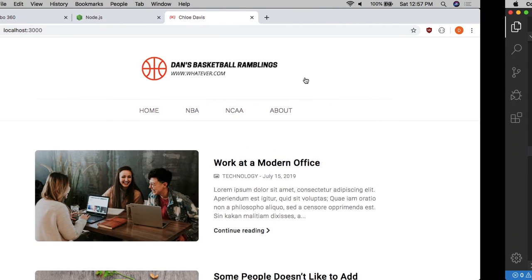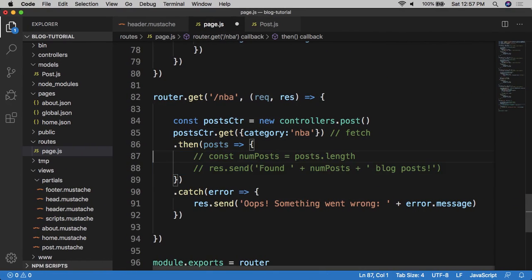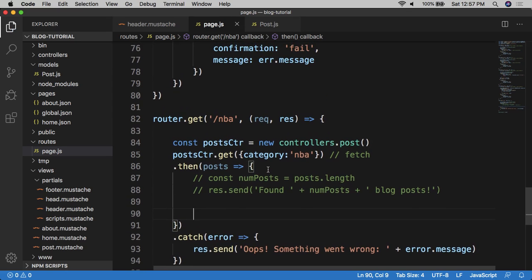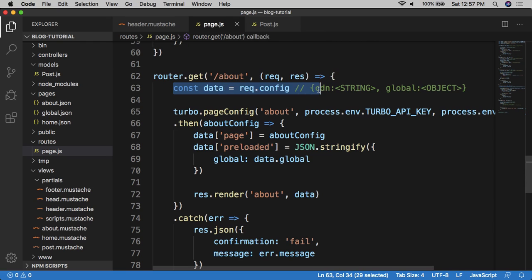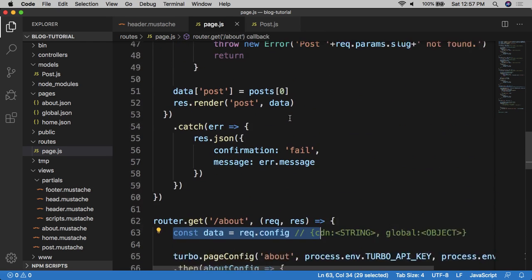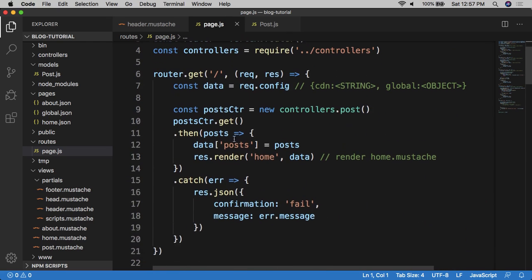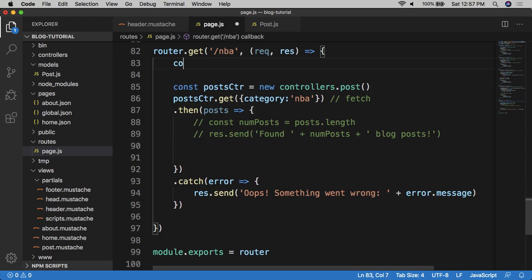So far, so good. I have to grab the data object, and you'll see that I'm doing that right here on line 63, or line 41. Or if I go all the way back to the home one, it's line 7. They're all just doing the same thing. So I'm going to do const data equals